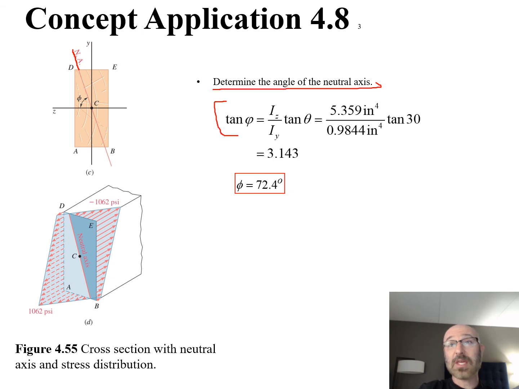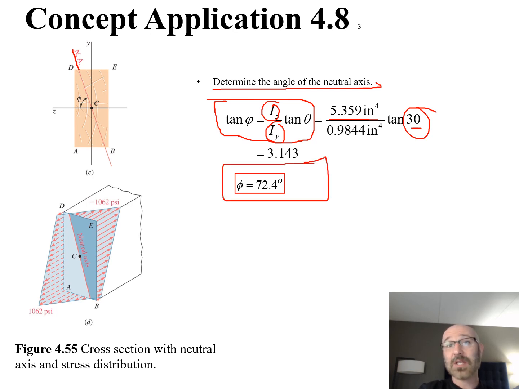Our tangent of theta is equal to Iz over Iy times the tangent of theta, which is given to us as 30 degrees in the problem statement. We've already solved for our Iz and our Iy, so we can straightforwardly plug and chug those in there. So our tangent of theta is simply equal to 5.359 inches to the fourth over 0.9844 inches to the fourth times the tangent of that theta term given to us in the problem statement. So our theta, or the angle of our neutral axis, is now found to be